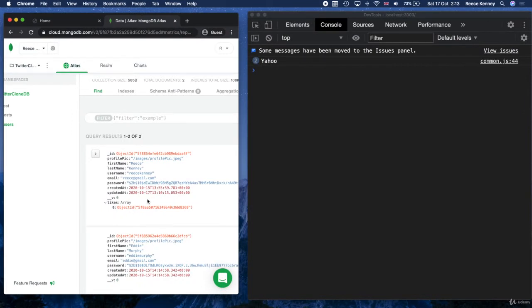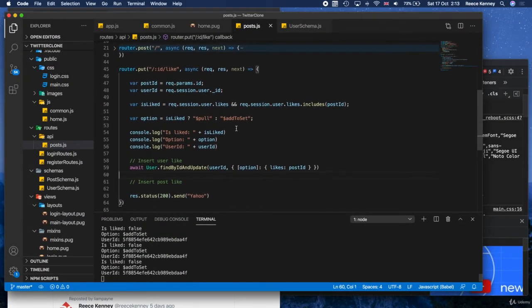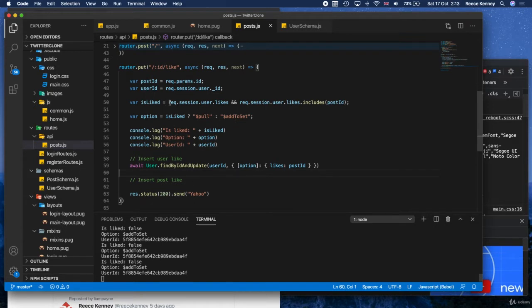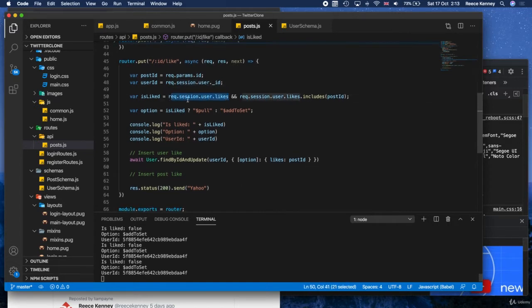But anyway, I said I knew why it was doing this, or why it wasn't unliking it. And the reason is, we are checking if the user has liked this post based on the user that's stored in the session variable, right? So we've liked it and essentially added the post ID to the user's likes property, but the session still has the old user object stored there, the one that doesn't have the like.